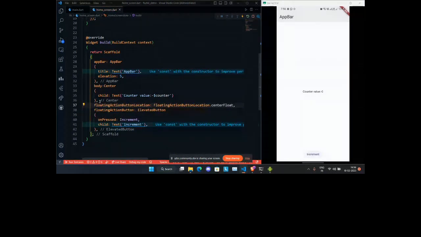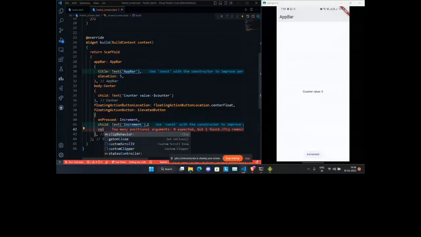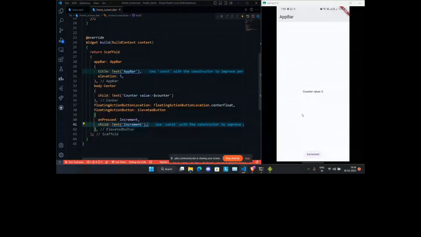I don't know if you can see it or not. Let me see if I can change the background color of it. Decoration, I think I have to change the decoration. I hope that you can see the button here, or maybe I can change the elevation. No.